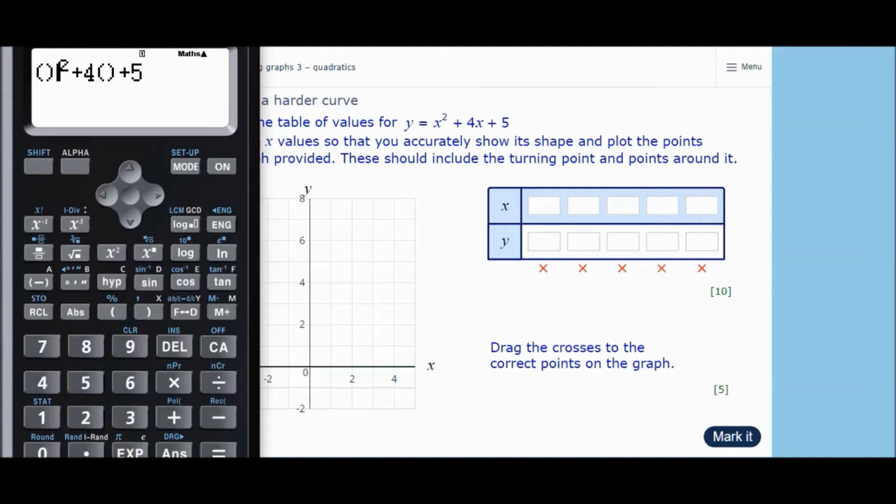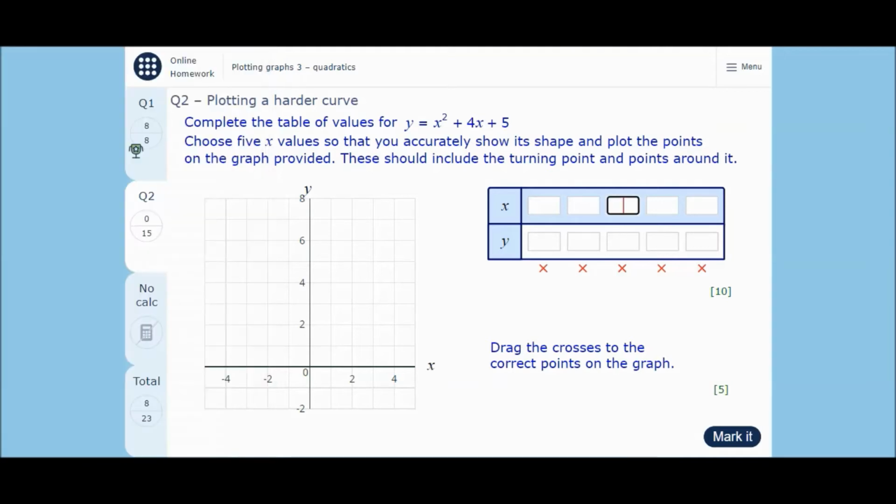So bracket squared plus 4 lots of bracket plus 5. I've just put a bracket where the x is, hopefully you can see. So let's say that that is 0. I'm starting with 0: 0 squared plus 4 times 0 plus 5. Now because I've got the bracket there, the 4 is going to multiply what's inside the bracket. Okay, so that equals